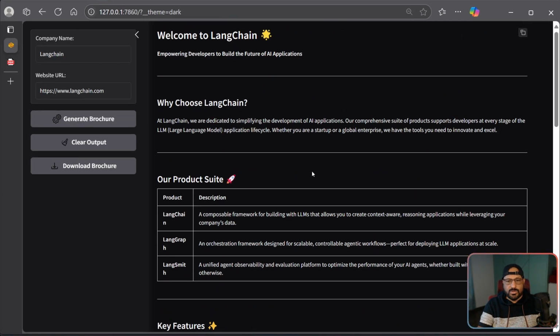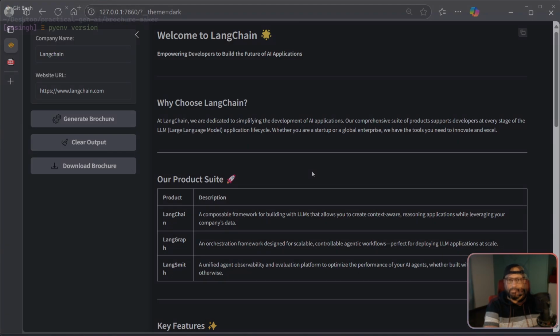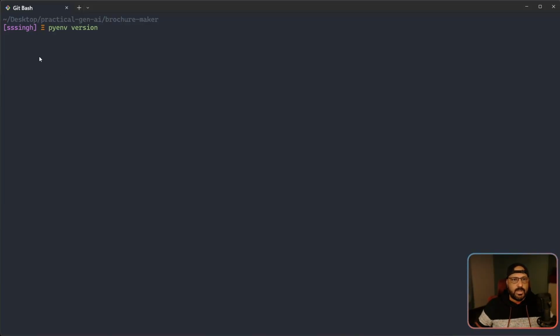This is how it looks, and we know how it works. Next I'm going to walk through the code in detail, like how we can build this application. So let's jump in. I've created a folder for the project, brochure maker, and you know the drill. First we do py